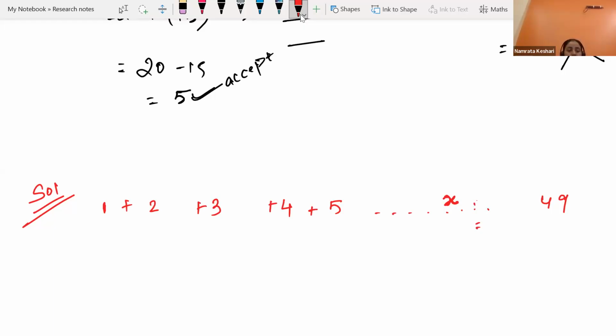Yes. That means 1 plus 2 plus 3 plus dot dot dot before x must be x minus 1, right? Because consecutive numbers are there, right, Zoha? Yes. And after x, it must be x plus 1, then x plus 2, like that, right? So that means the sum of all the numbers till x minus 1